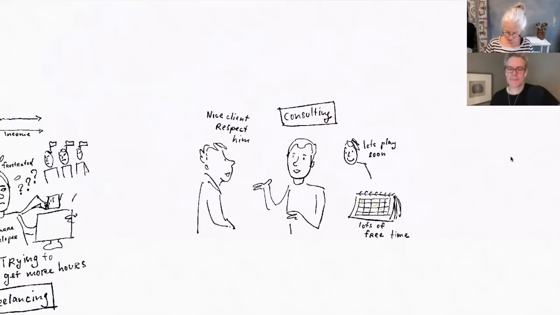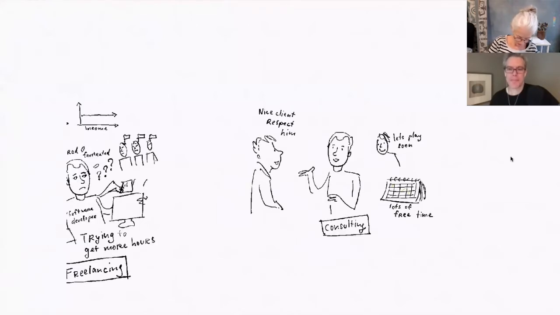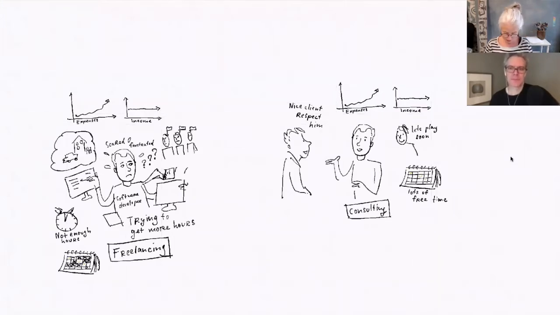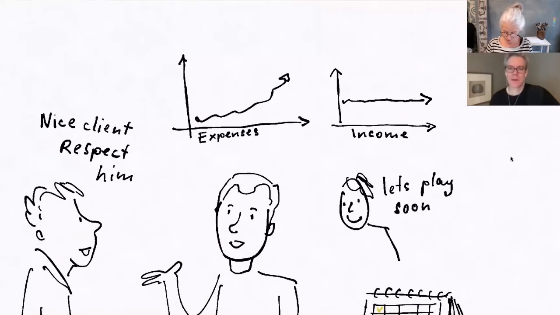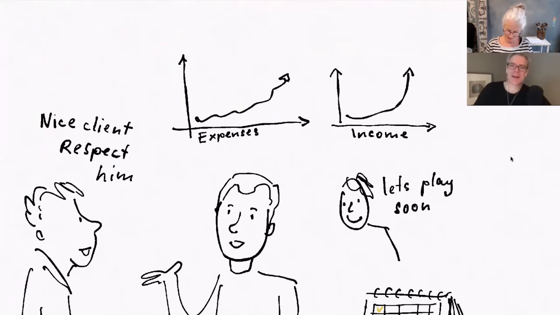And what's important also is his income. So let's duplicate this, put it on this side here. And how is it going here? The expenses are still up, but what is happening with the income? It would be going up higher than expenses. It would be increasing more than the expenses. Maybe even like this. Not insane, but it would definitely be trending upward like that.